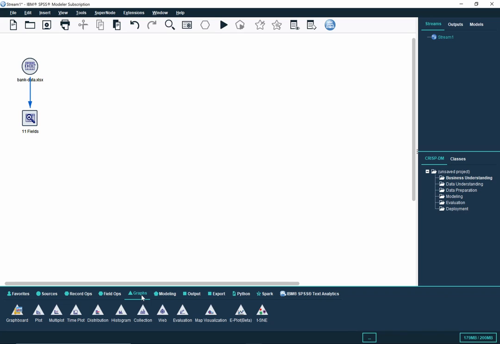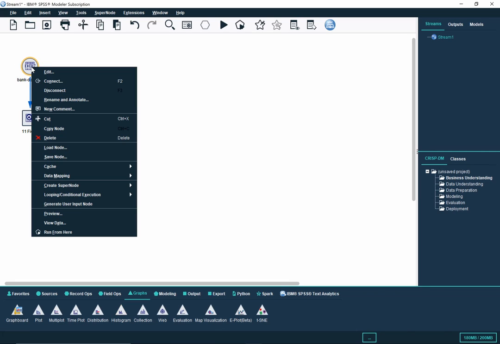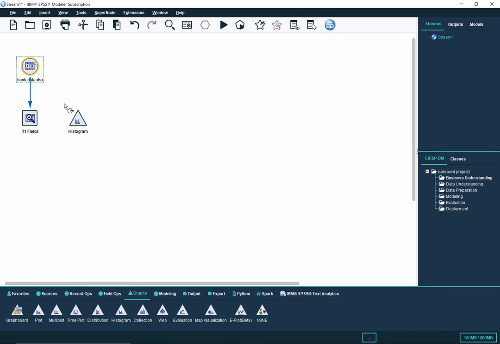And right now I need it because I saw the age field and the histogram wasn't very informative for me. So I'm just going to add a histogram node. Let me add it down here, and then I connect my data source to this histogram. All right,